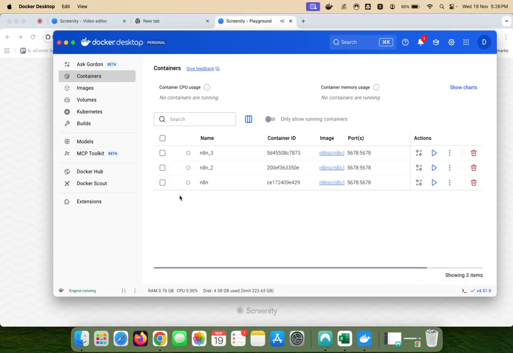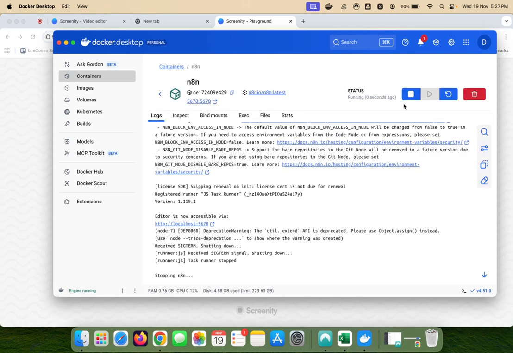What's up, guys? In this video, I'm going to discuss how we can set up the actual webhook URL on your n8n when you are using Docker on your Mac. So, just to give you an overview about the issue, you can see there's a container here called n8n, and if I run this container,